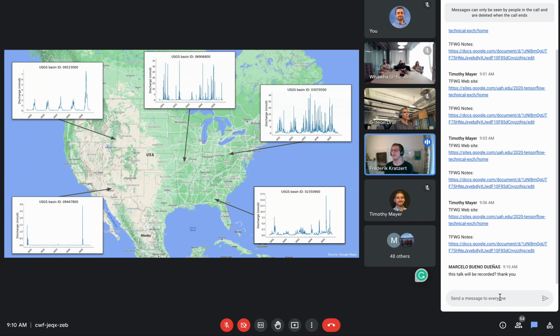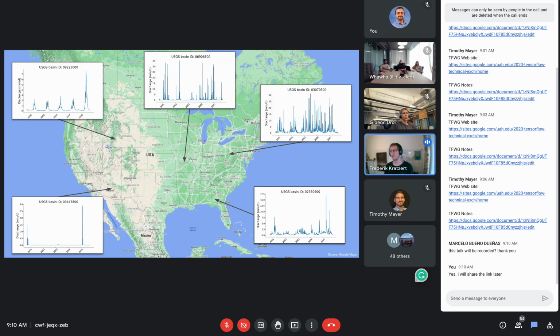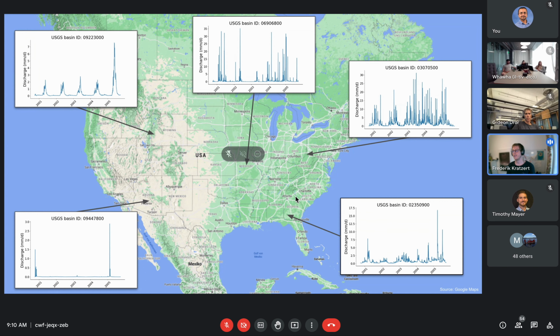While in the upper left, we see a typical hydrograph from a snow-dominated catchment that has very low flows during the winter and freezing season, and during the melting season in summer, we see elevated discharge, with eventual flood peaks.